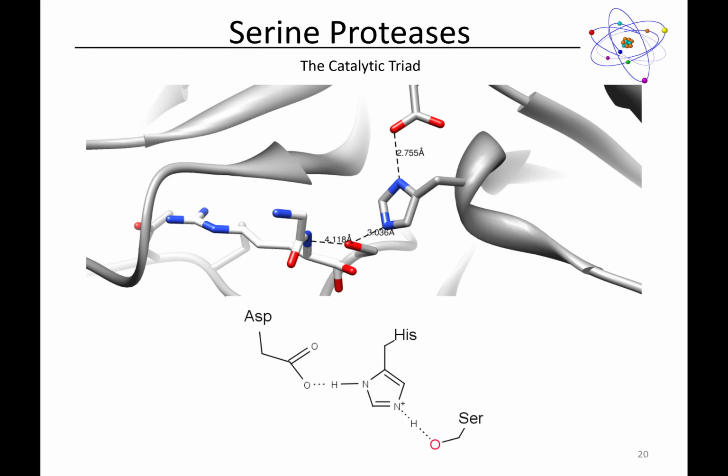The serine is the initial nucleophile, which is interesting because serine is not easily deprotonated. It's not easy to activate that hydroxyl group as a nucleophile, right? It's hard to deprotonate alcohols. So the way that it works is that it is in hydrogen bond contact with a histidine, which is in turn in hydrogen bond contact with an aspartic acid. So this is called a catalytic triad: 3 amino acids that work together to serve one function. Okay, so in this triad, ultimately what happens is,